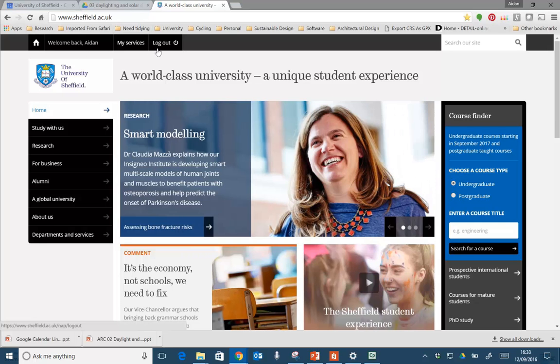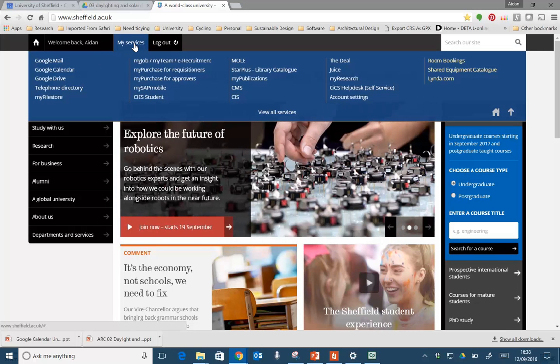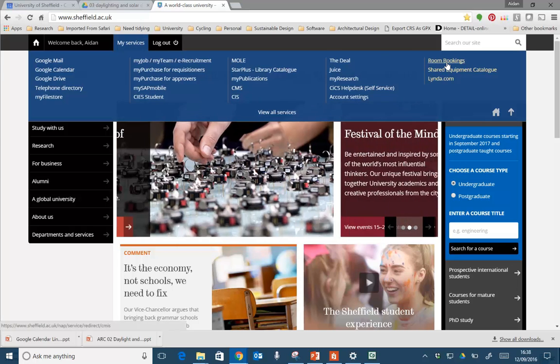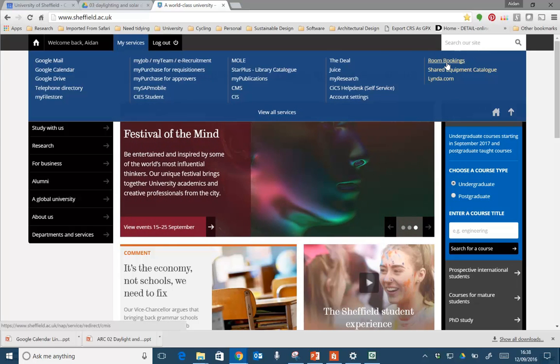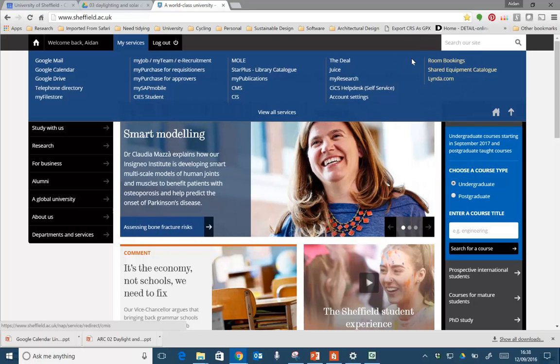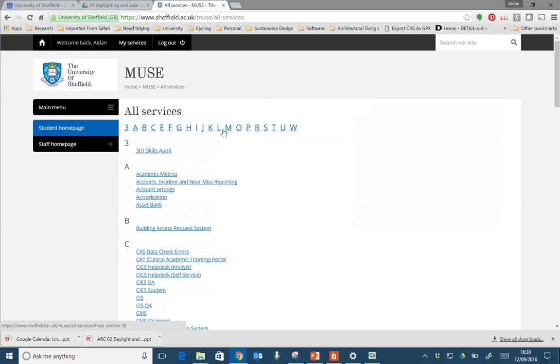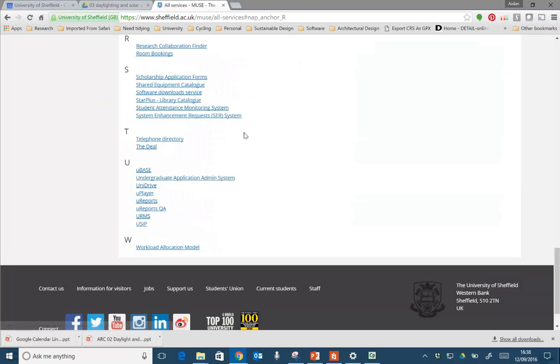log into Muse and click onto My Services here at the top. Now, once you have used this, and it's under the title of Room Bookings, it will appear over in the right hand side under your sort of frequently used services. But the first time you have to click on View All Services here. Click on that, go to Room Bookings,